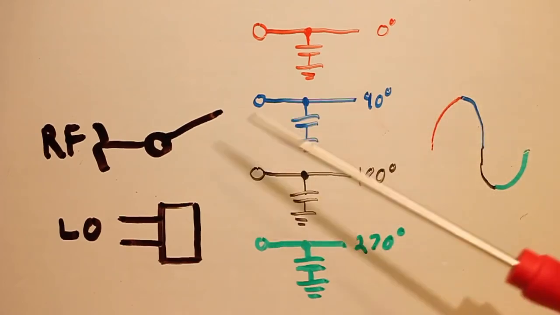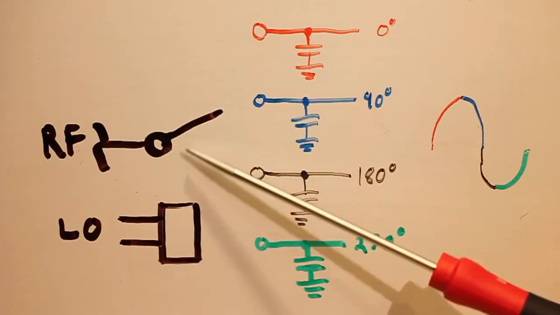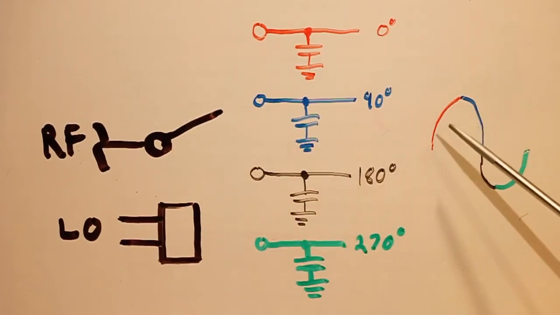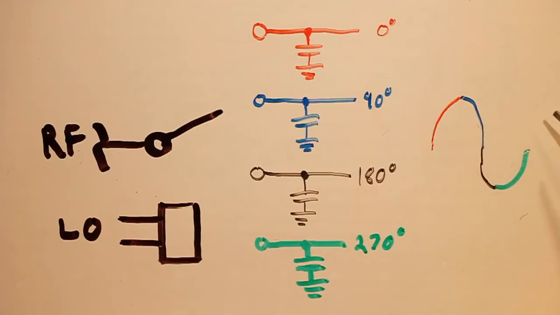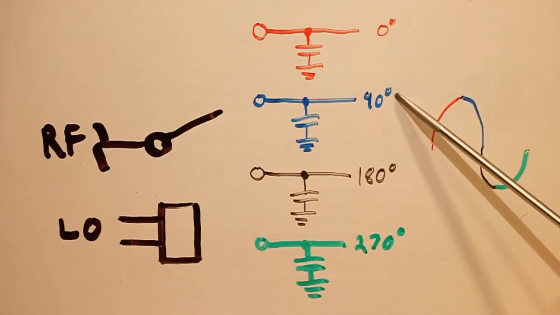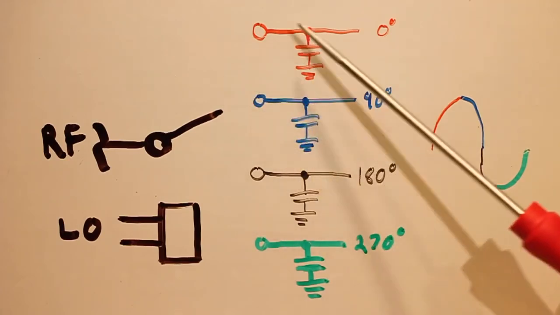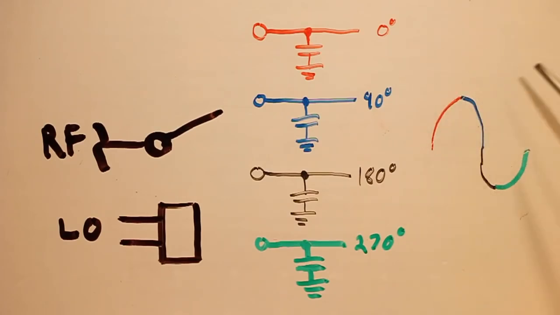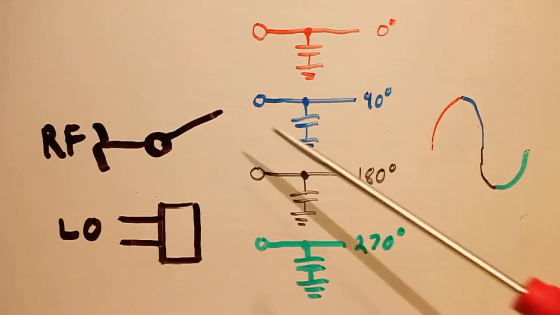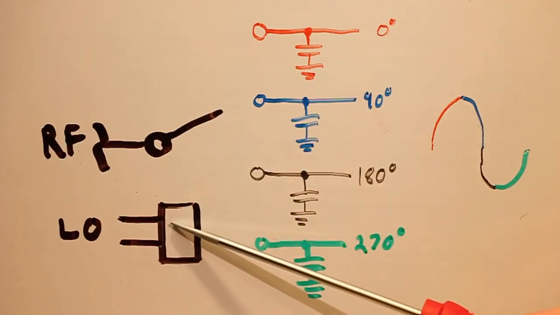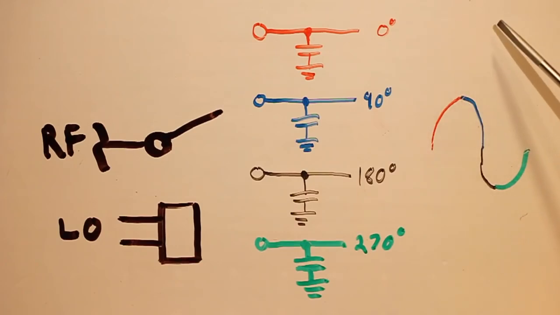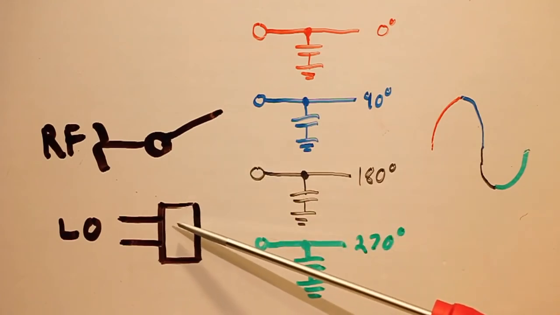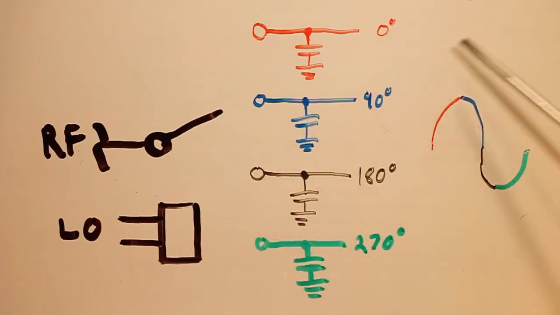However, what happens if the RF signal is a slightly different frequency than the local oscillator? Well, as we saw in the oscilloscope, when they're of different frequencies, we're going to start seeing this kind of phase shift over time. And so these outputs will start seeing different voltages applied to them, and so the capacitors are going to track those different voltages, and those voltages are going to shift over time at the rate of the frequency difference between the RF and LO inputs. So what we get out is basically our downconverted baseband signal. If these two are 1 kilohertz away from each other, then we'll end up getting this 1 kilohertz output from